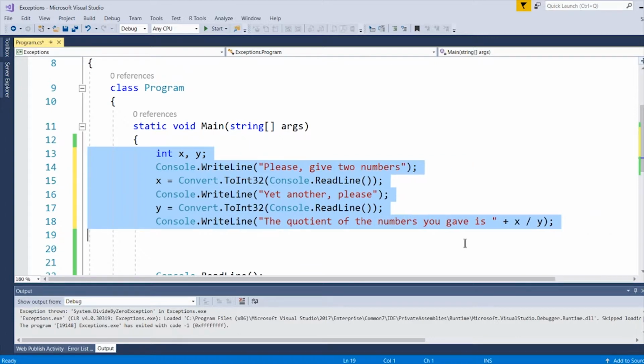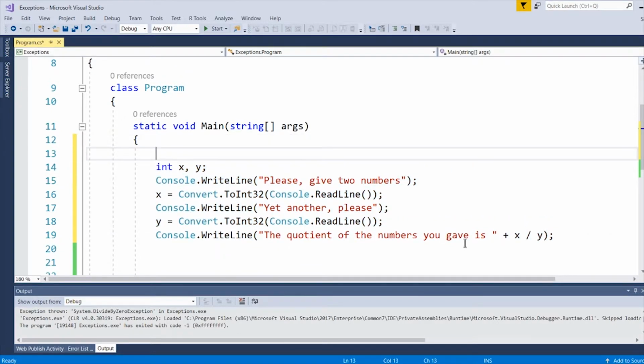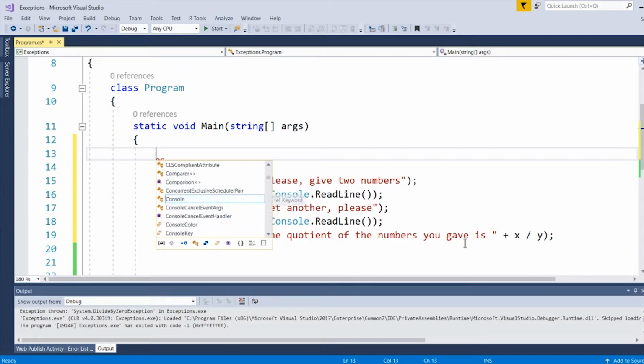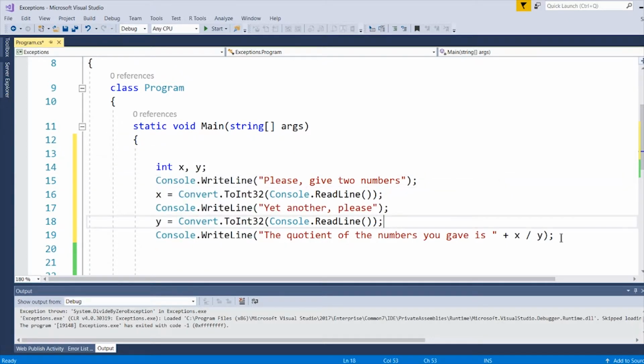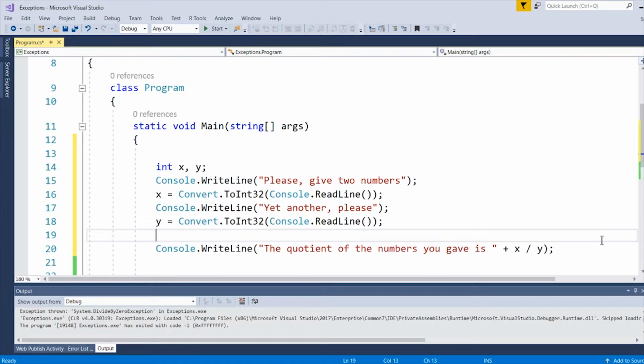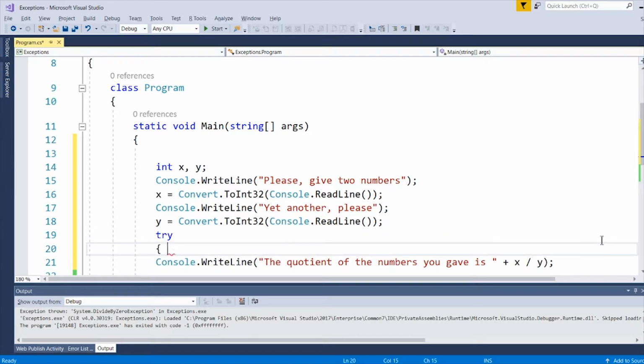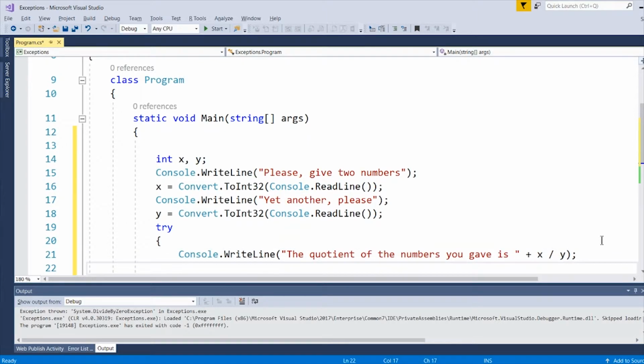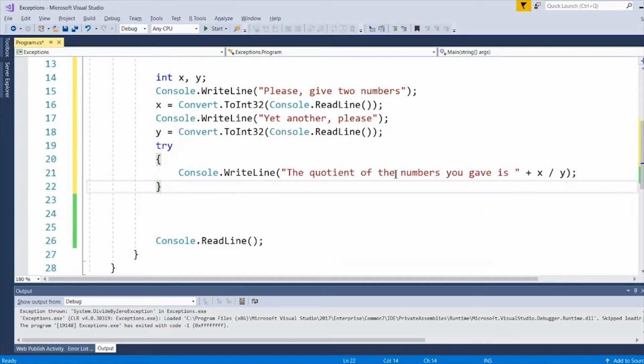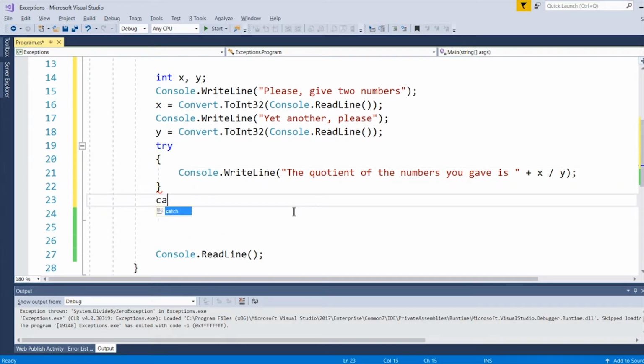Basically the exception is a message that is sent by the program when the error happens. So I try wrapping the code where the error might happen inside a try block. I put a try block around that line of code where the error may happen. And then I put a catch block,